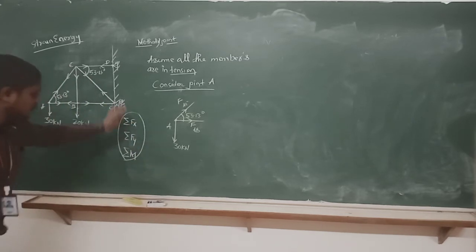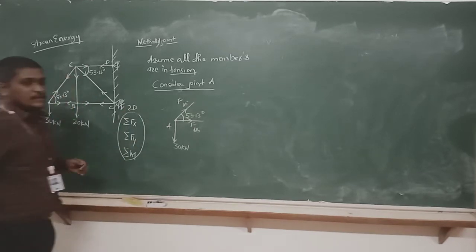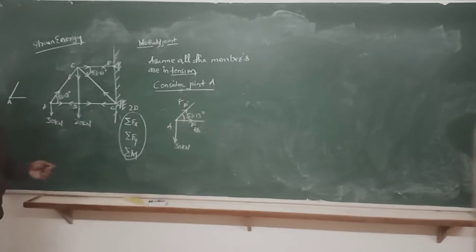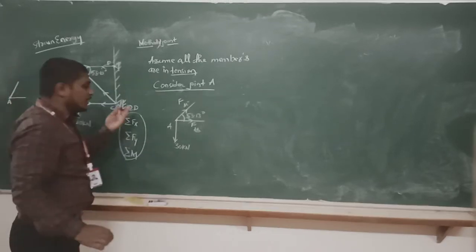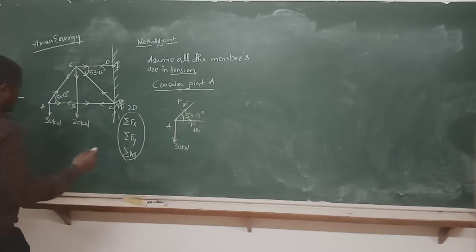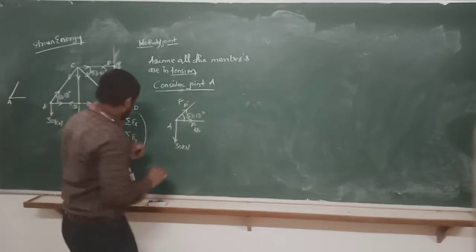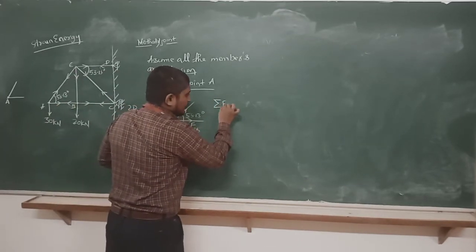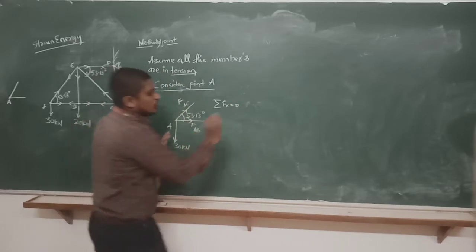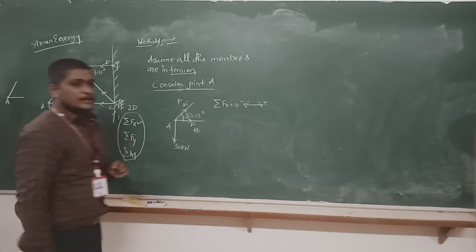Using these three equations of equilibrium only, because this is for the 2-dimensional plane, a single plane, which has 2 directions, x as well as y direction. For 3D, the equations of equilibrium are different; they are 6. Now, we have taken joint A. Let us apply first Fx. Apply summation of Fx equal to 0. Fx means horizontal. Right side I am considering positive, left side negative.